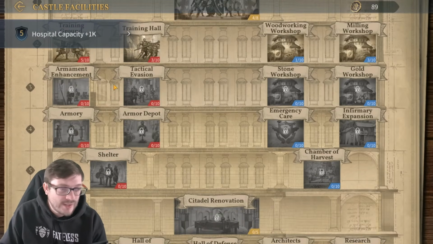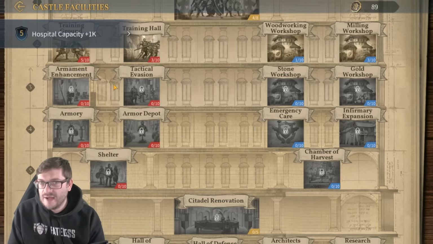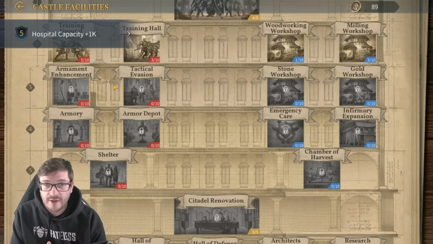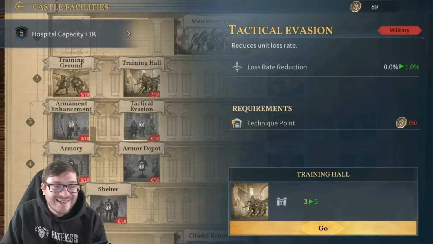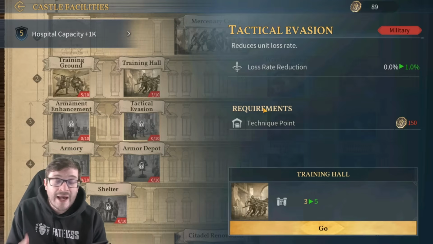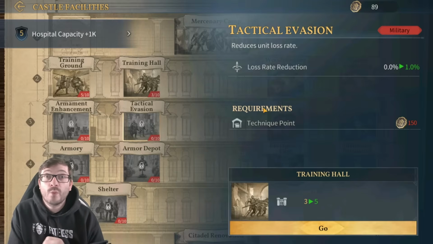Some people might disagree, but this is my opinion again. On your spending level, if you're a free-to-play player or a low spender, I personally think you take tactical evasion first, because at the end of the day, you're not as strong as the other players in the game, and you know that, and you can accept that. And if you can accept that, putting this at 5 out of 10 first is going to benefit your account way more